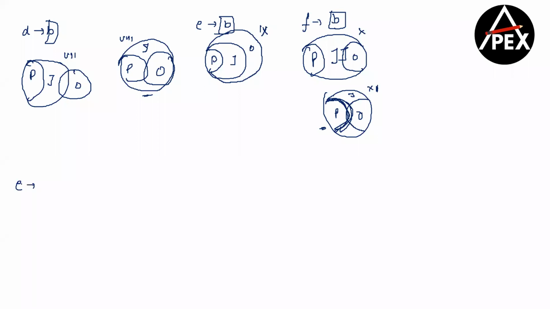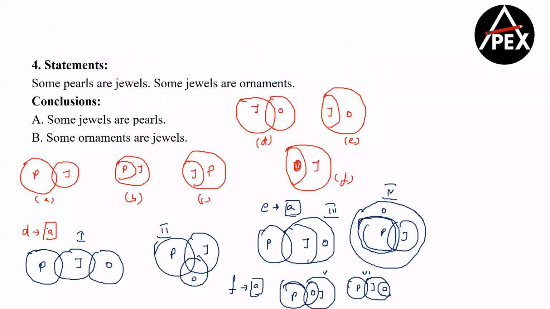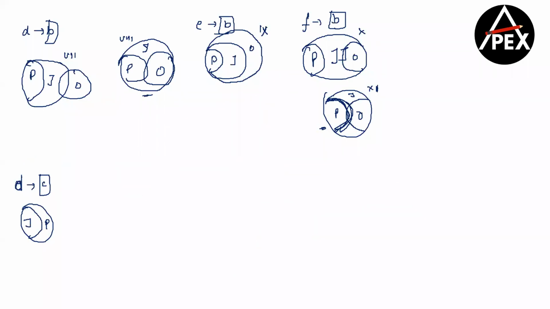So next, I'll have to take D through C. How does C look? J inside P. And how does D look? D looks like J with O. So maybe O is like this. Or maybe, and this will be the 12th diagram, or maybe